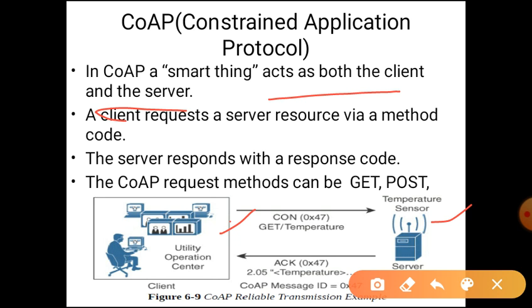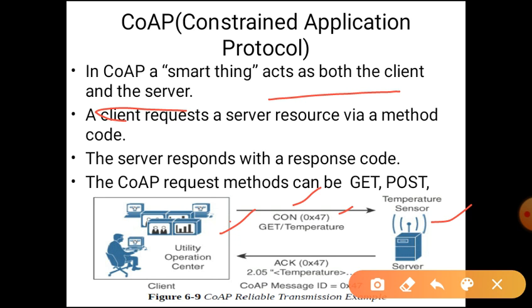Now these arrow marks show the messages that are communicated between these two. Here the client sends a message, and that message is a confirmable message. CON stands for confirmable message, meaning it expects the acknowledgement. Now this 0x47 indicates the message ID.